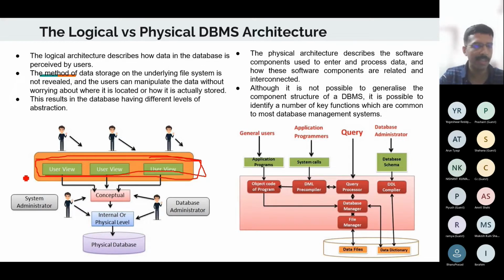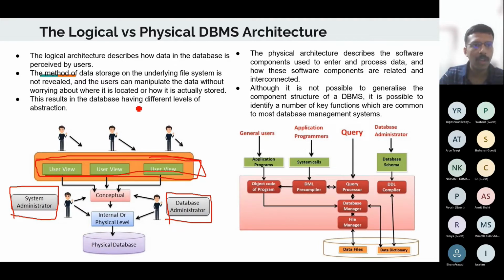The system administrator is somebody who assigns the users, who creates the database, things like that. And the database administrator is somebody who physically manages the database schema. We will come to that in a short time. So those are the people who need access to the conceptual and the internal or physical level of the DBMS.